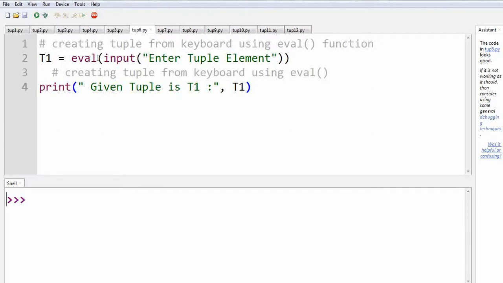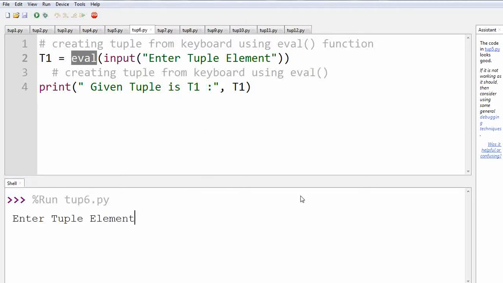Similarly, there is another method to input a tuple, that is using the eval function. Earlier we did this using the tuple method. Now we are doing the same thing using the eval method. When we use the eval method, we input the values for the tuple as follows.